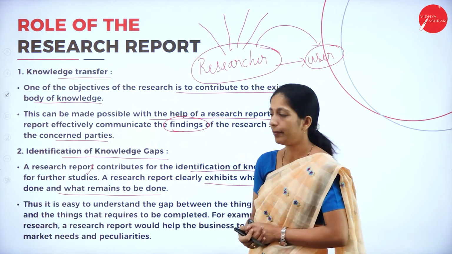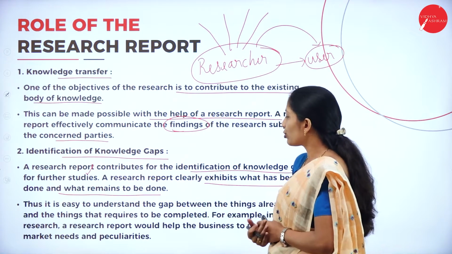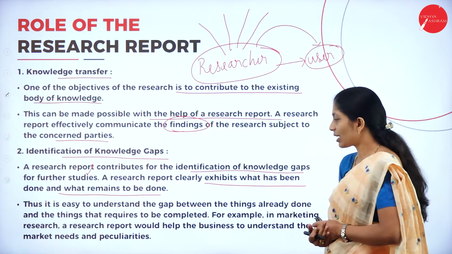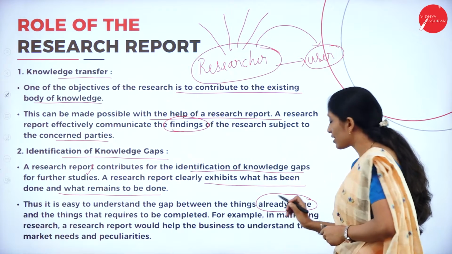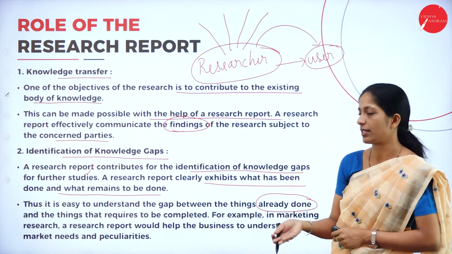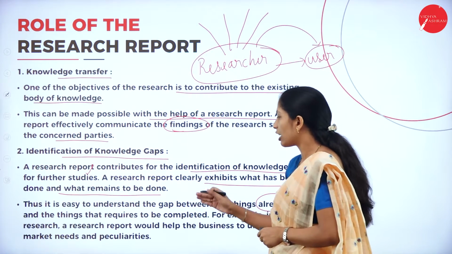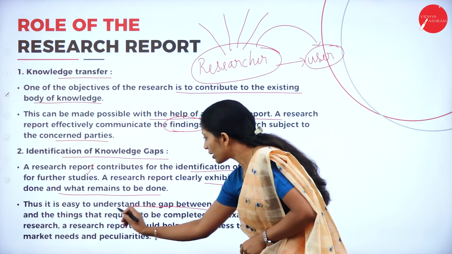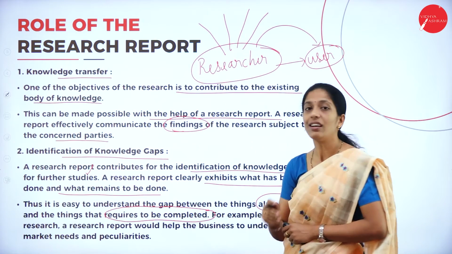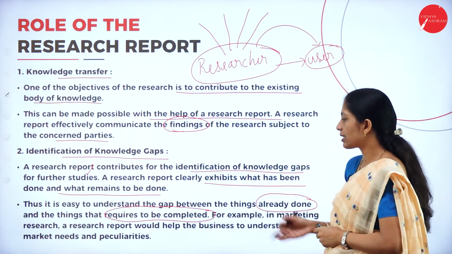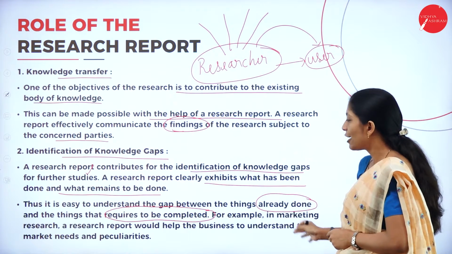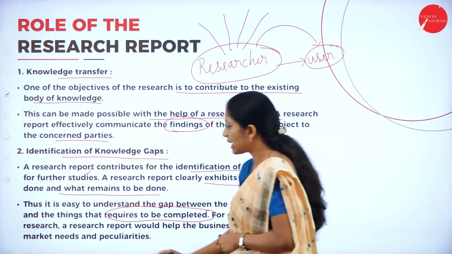Thus, it is easy to understand the gap between the things already studied by other researchers and the things that require to be completed in the future. For example, in marketing research, a research report would help the business to understand the marketing needs as well as